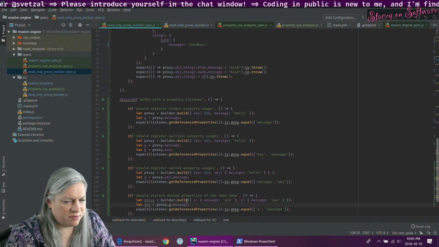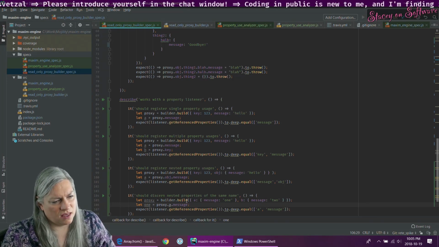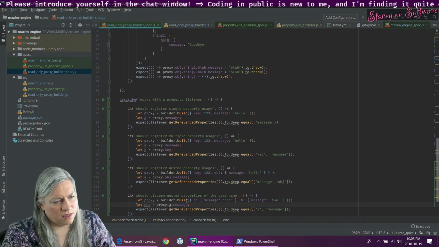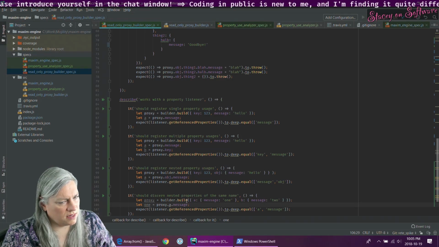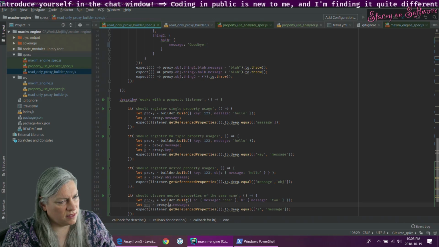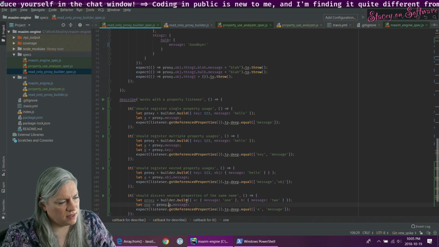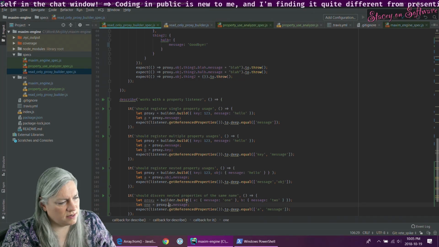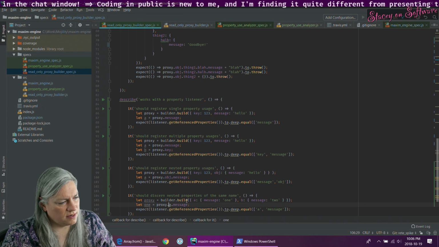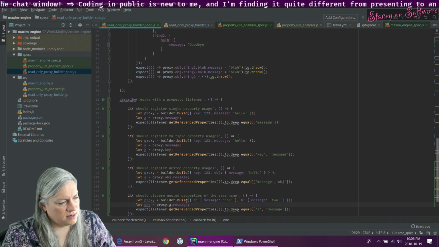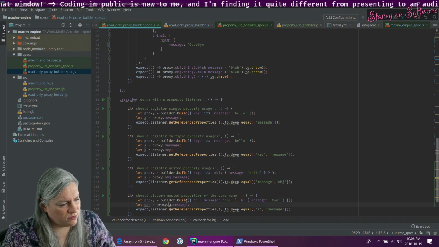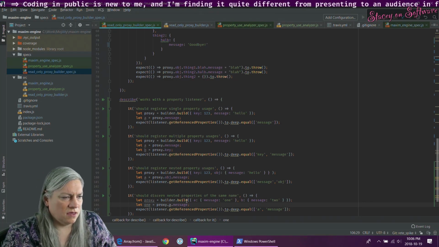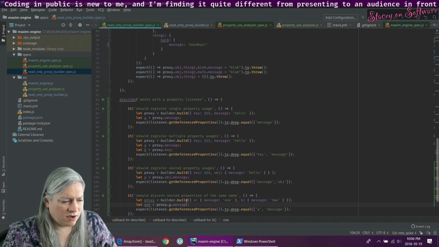Do I want to represent that as a, is a, I mean, I could use a dot notation within the string. I could use an array of properties leading down.